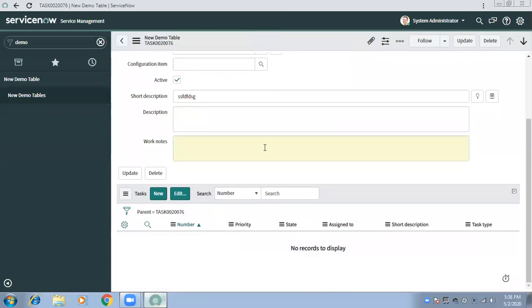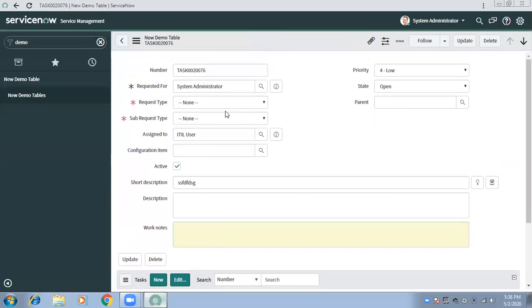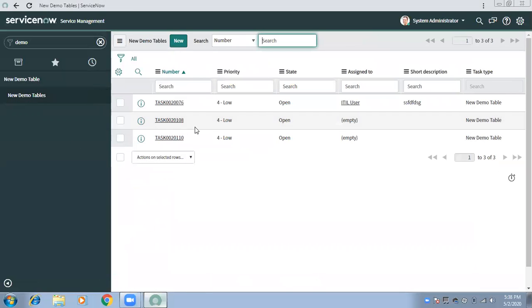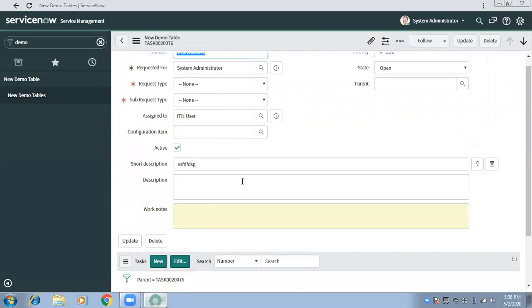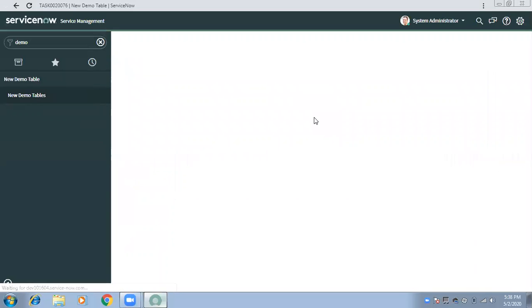Now in my demo table I can also relate the records using parent-child. Let's say I have these three records in my demo table, all three in open state. I just want this 76 to be the parent and 108 and 1010 to be the children. I will open 76, where I have added a parent-child relationship related list, and add those two records.